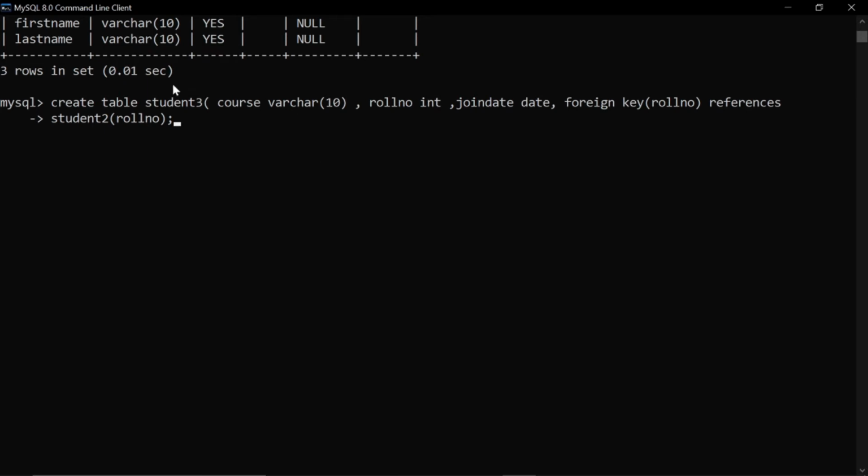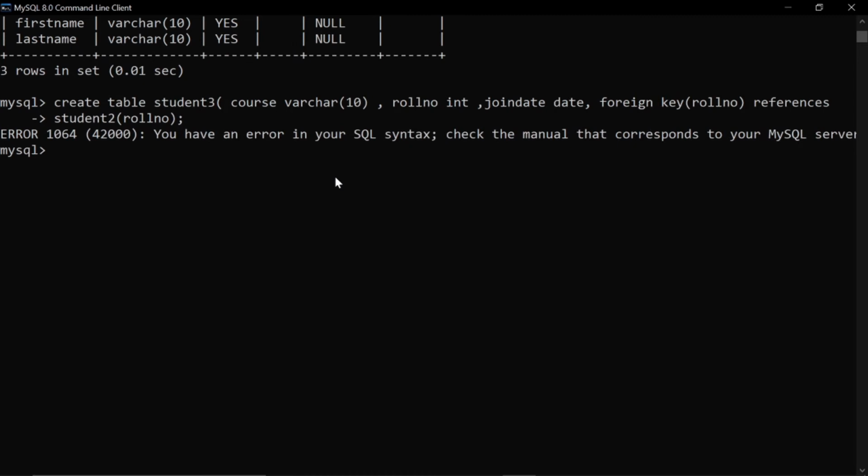So here we have written create table, the name of the table, columns. After all the columns are completed, foreign key, the column you want, and then the reference to which table it is getting connected. So it is giving us an error.